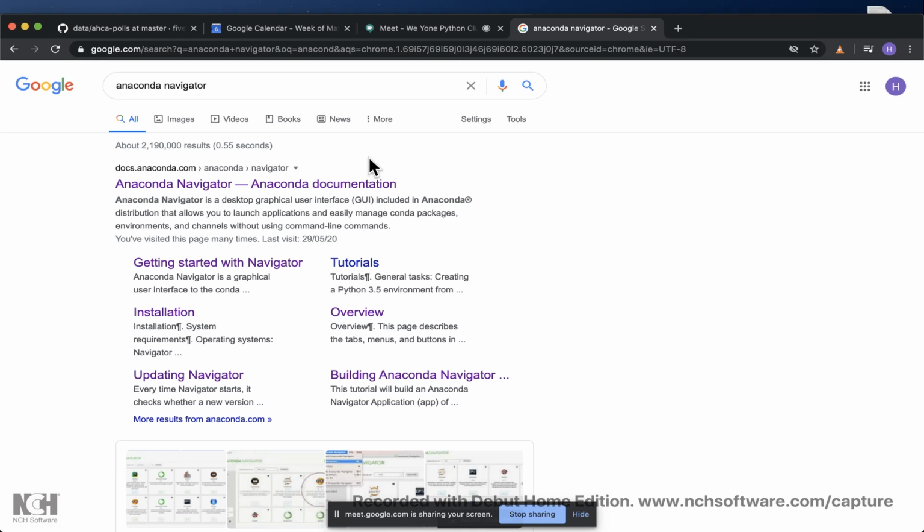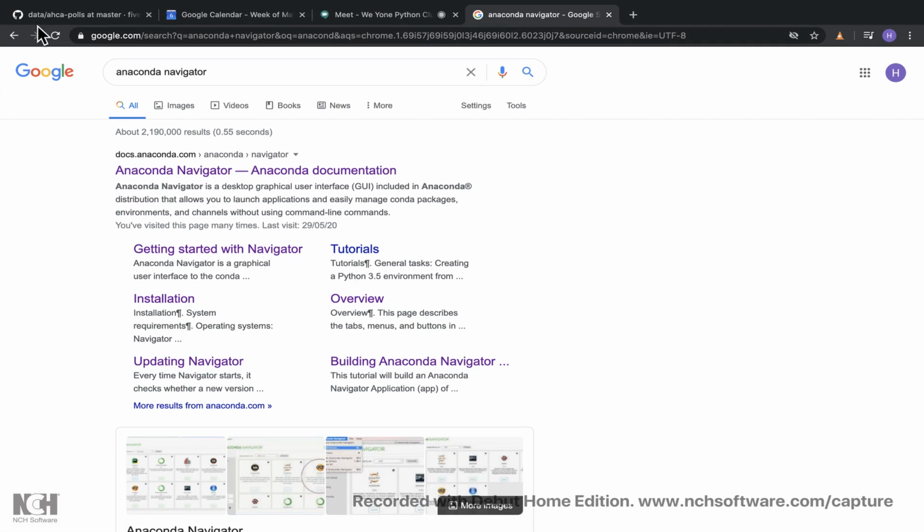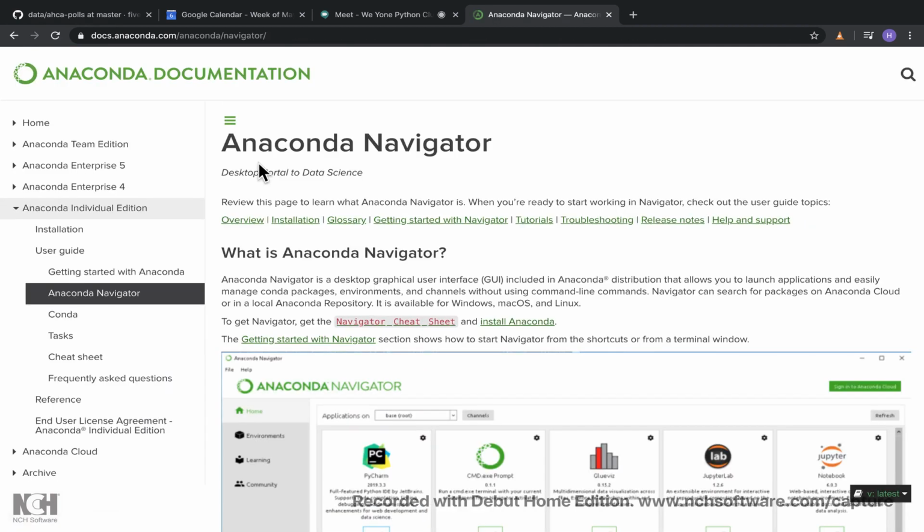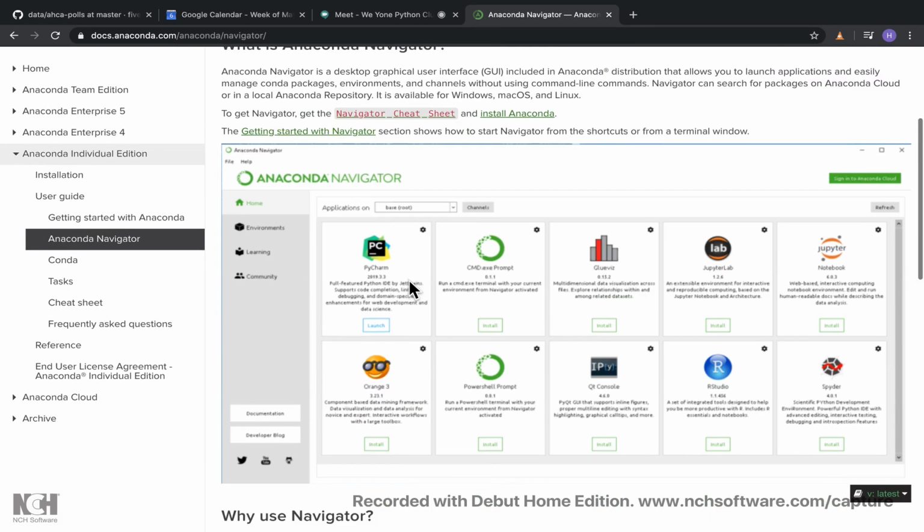Google, okay, you go to Google, just type Anaconda Navigator, okay. You will need a stable internet to download this. So you go to their website. Anaconda Navigator is a GUI, okay, graphical user interface that provides access to several software development